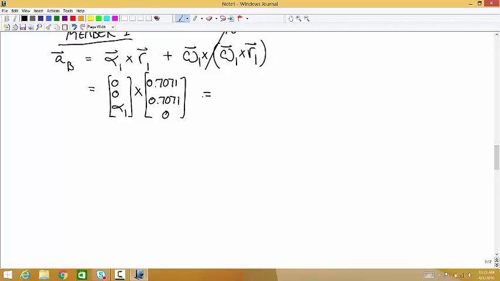And so you get negative 0.7071 alpha 1, and then positive 0.7071 alpha 1. Any questions about that one? And then member 2,